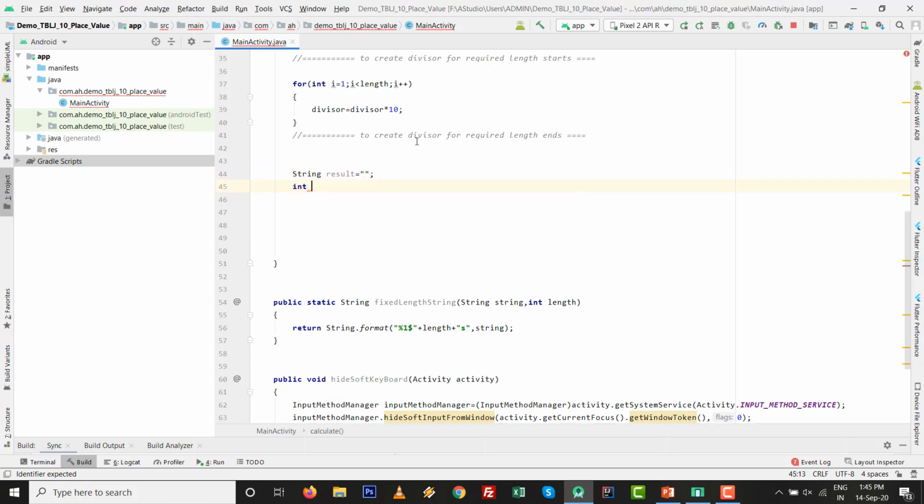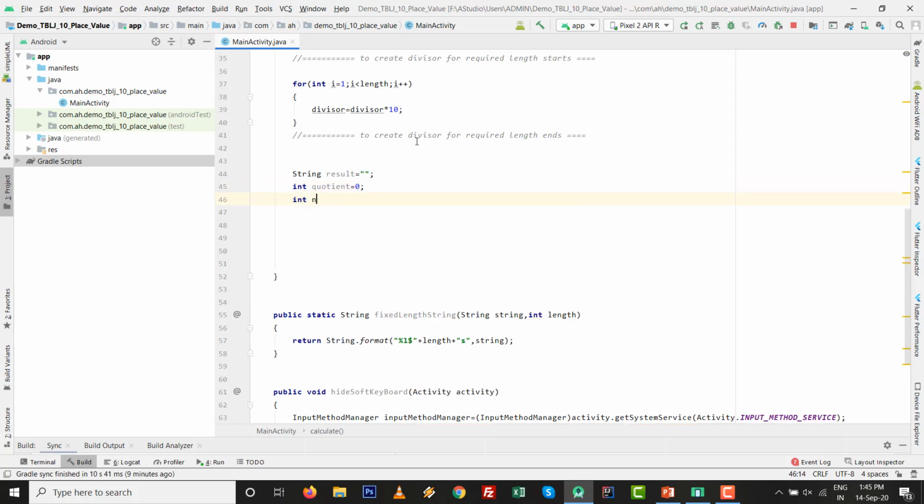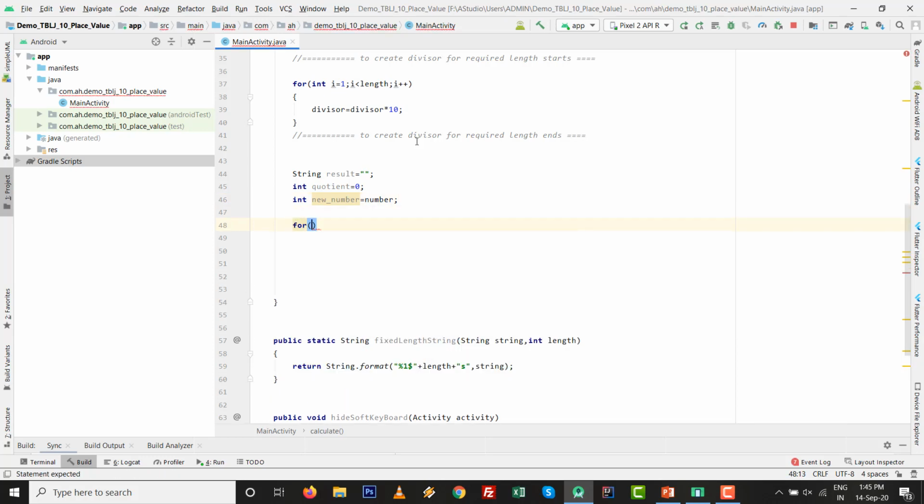After that I type integer quotient, which equals 0 initially, and whatever the new number is, currently the number we have inside the box, will then be changed with whatever the remainder is.